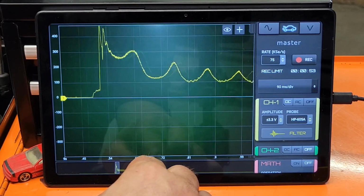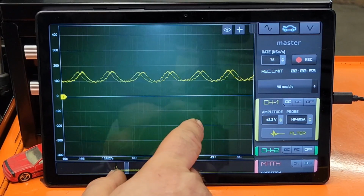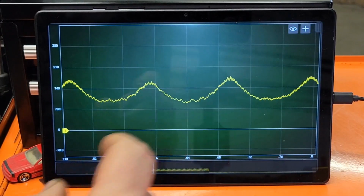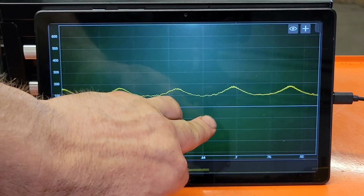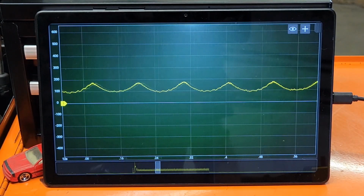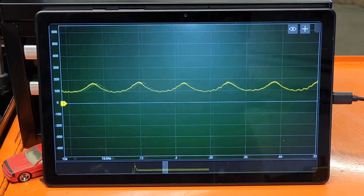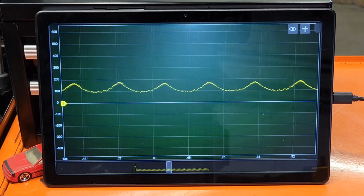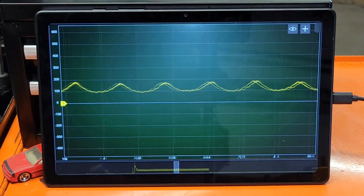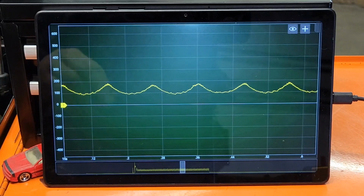Here's where we started cranking. Doesn't look like a dramatic compression loss, but is it missing one or two? It sounds like the timing belt's the whole way off, but the thing ran in here. Or chain, you know, whatever the case may be. Time is time. But I'd say the next thing I'd want to know, count the humps, and it seems like